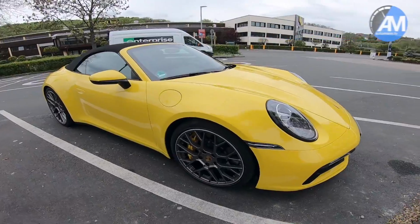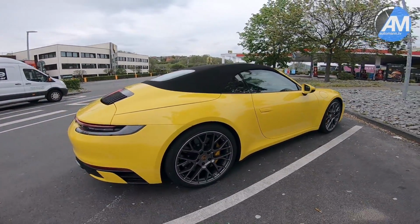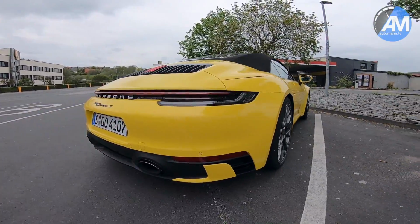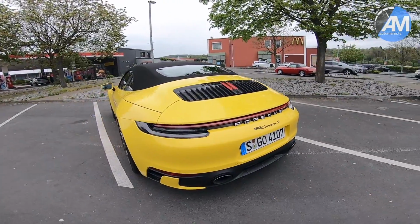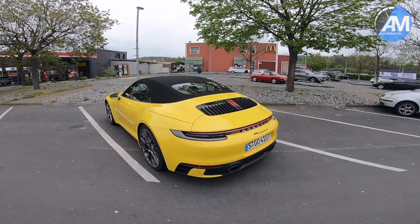Today we are on an Autobahn trip to northern Germany, and we have the new Porsche 992. This is actually the Carrera 2S model, so rear-wheel drive, and it's a cabriolet. And we will be going on this famous Autobahn stretch, the Kasseler Berge, and see how the chassis and the